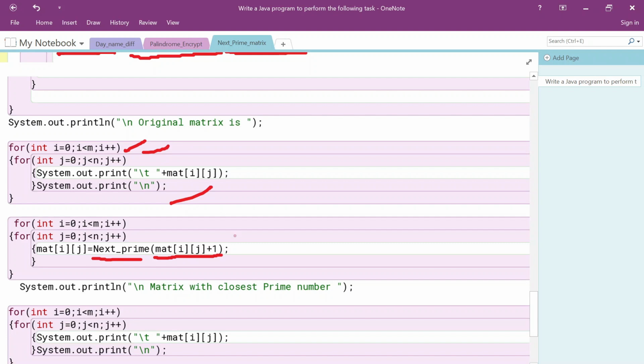We're not sending the current element because we have to, even though the current element happens to be a prime. Suppose the content is 3, which happens to be a prime, I don't have to replace it by 3. I have to replace it by the next prime. That means after 4, 4 is not a prime, 5 is a prime, so replace it by 5. So that's why we are sending it by adding 1. That number itself is not to be sent. You have to add 1 to it to make it next, and then you have to send it to next